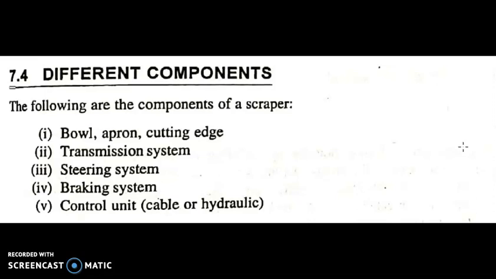The hydraulic control unit controls bowl hoisting, apron lifting, ejector movement, steering of the equipment, etc. There are two pumps in the unit. One of the pumps, a vane type with a 250 liter per minute capacity, discharges the hydraulic oil to the main control valve through a pressure relief valve. The relief pressure is about 175 kg per centimeter square. When the pressure exceeds this limit, the oil is redirected back to the tank.